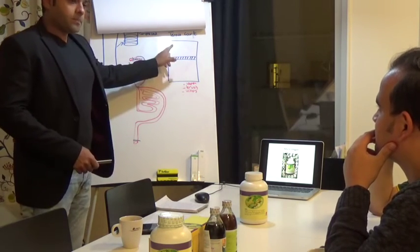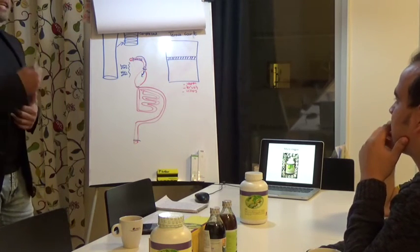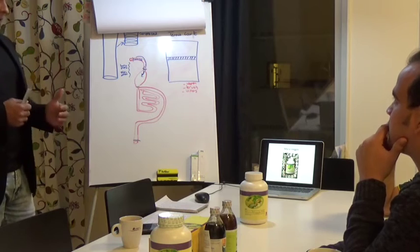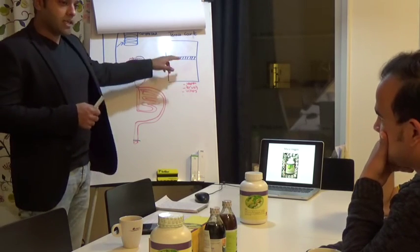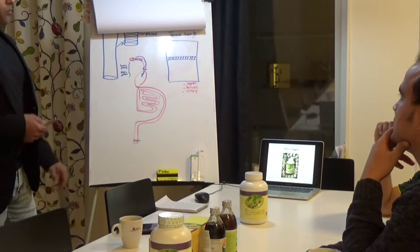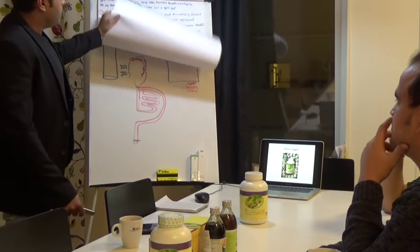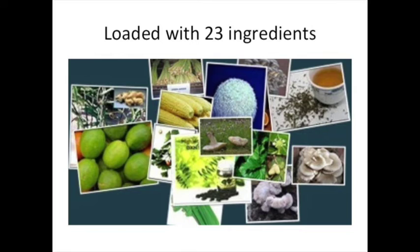Just like this, to have a healthy colon, to have a healthy digestion, if we imagine the tennis players as digestion in our colon, we have to clean it first with iron, supplying it with calcium, with vitamin C. And in further clips, we will talk about more why we need fibers to clean our colon so our digestion can be good. So the first ingredient that we have in Myco Veggie